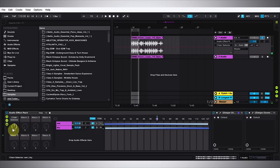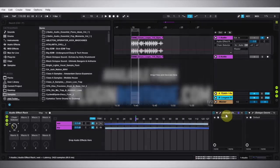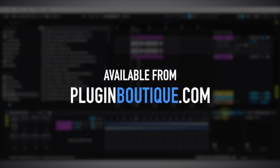And of course, if I wanted to go further, I could go more dry or more wet. Essentially what I've done is made a dry-wet knob for whatever effects I have in the first chain inside of this effects rack. So obviously I could put other modules in there and I could make adjustments and everything would be a-okay. But I just wanted to share with you, just in case you're a fan of parallel processing like I am, how to do it inside Ableton Live and how to do it with iZotope Ozone, because they don't have a dry-wet knob